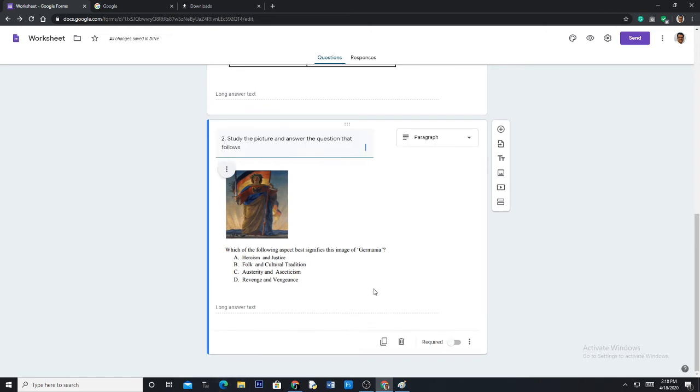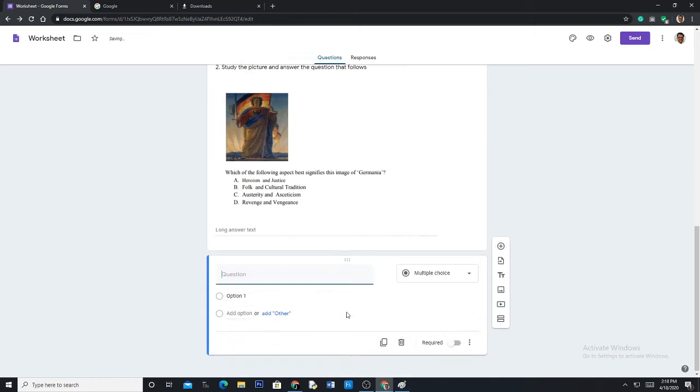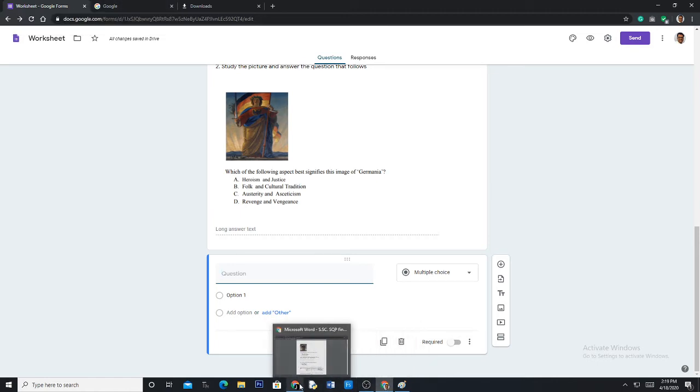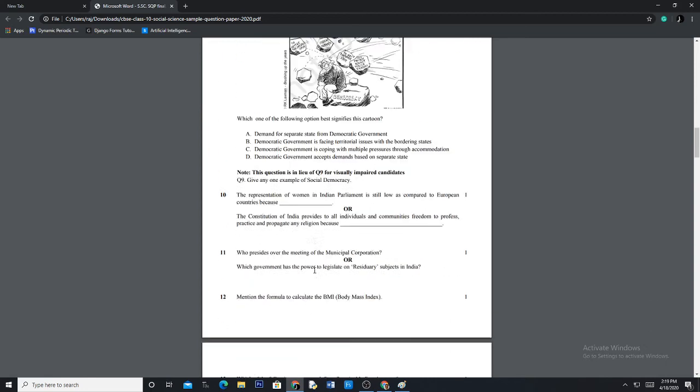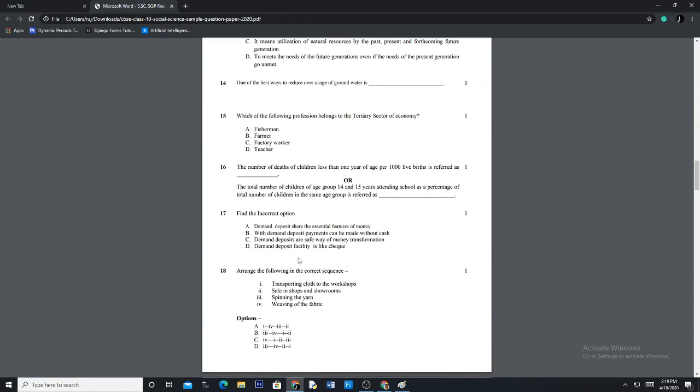Now how do I add? Because I can add, see here there are many options. You can add image, you can add title, all these things are important. Even you can import questions. So we are doing a very simple question paper, so I am not going into the other options. I'll say add question. So now suppose for the next question I want to give an MCQ. Let me see if I can give an MCQ. Where is an MCQ? Okay, now this is an MCQ.